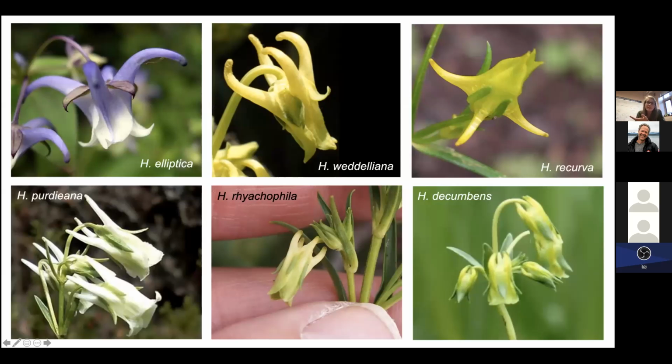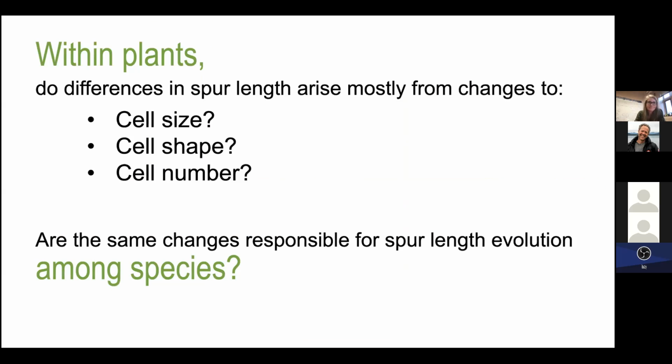Because in genus Halenia, I'm showing you just 6 species here, there's a lot of variation in spur length and in spur curvature. And so I think this is a good system for trying to think about which traits are most likely to evolve during speciation, and whether within plant variation gives us some sense as to how that diversification among species occurs. So in other words, within plants of Halenia deflexa, do differences in spur length arise mostly from